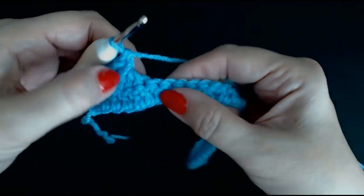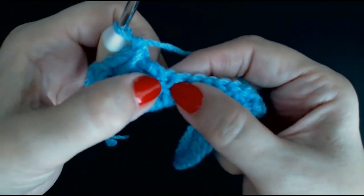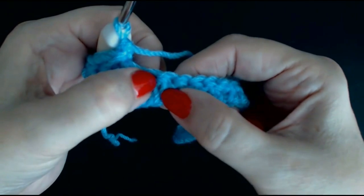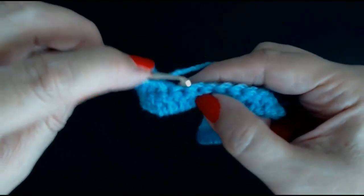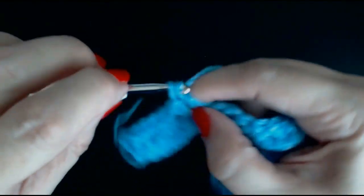We'll do that again. The one thing you have to make sure is don't work that stitch again because it pulls that 3rd stitch over a bit. Make sure you don't use that one again, it's got a stitch in it. We're going to skip that stitch and work the next 3. So skip that next stitch, make sure it's an empty stitch, and then do a treble crochet in the next one, a treble crochet into the next one, that's 2,